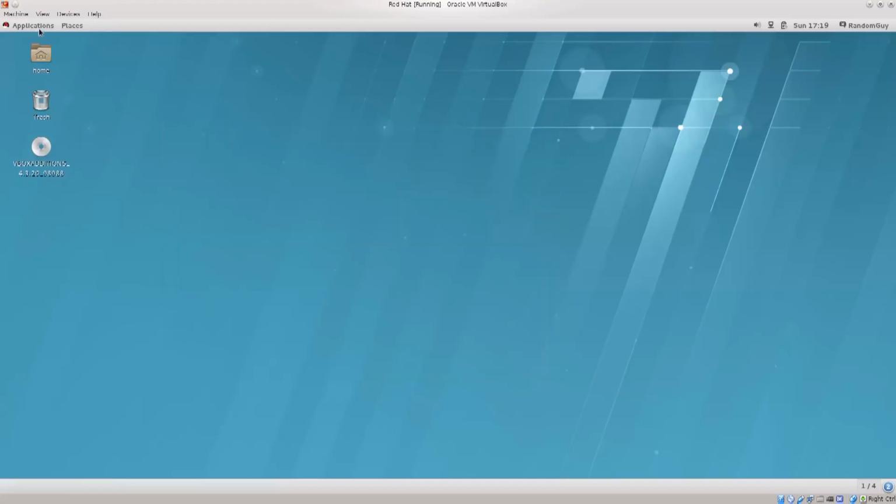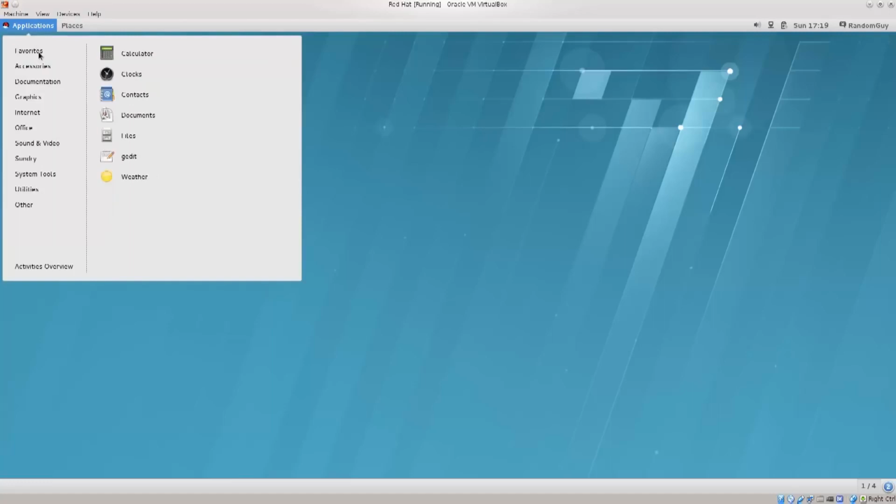So just go ahead and close this and go back to Applications, and now you have categories of applications. So you have favorites, and these really are pretty much the most used applications in